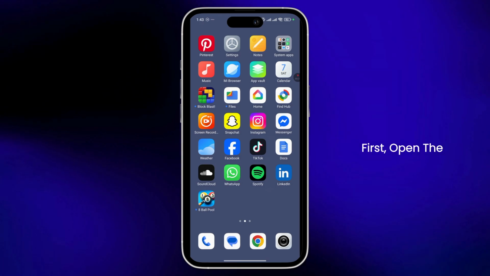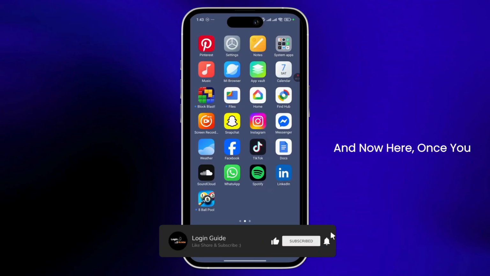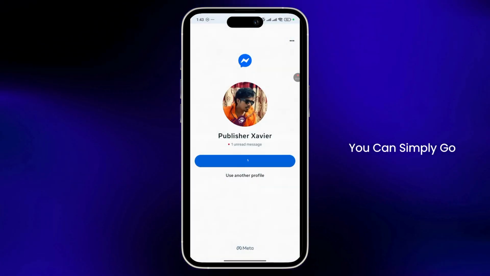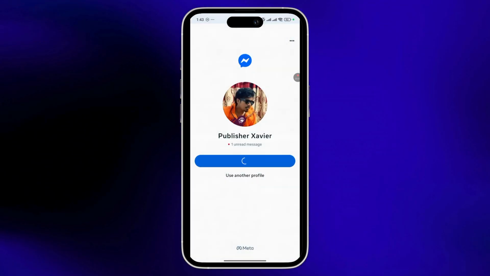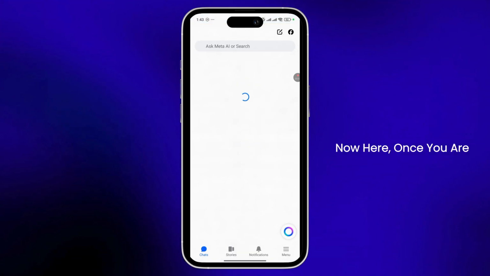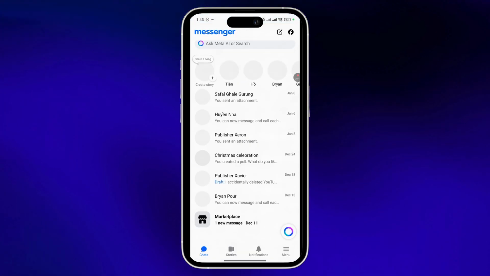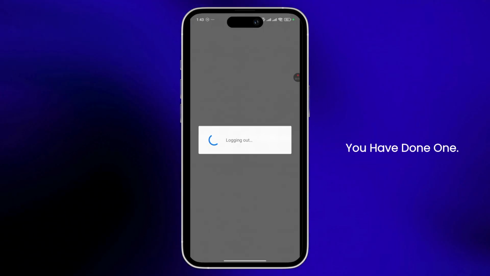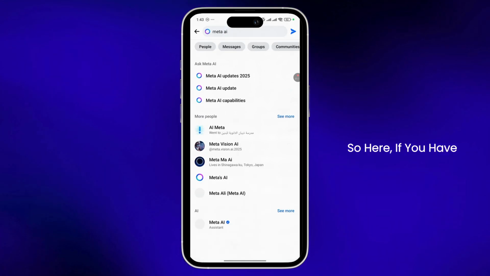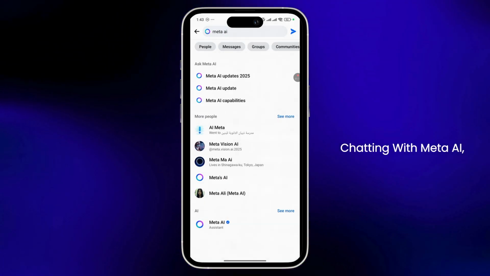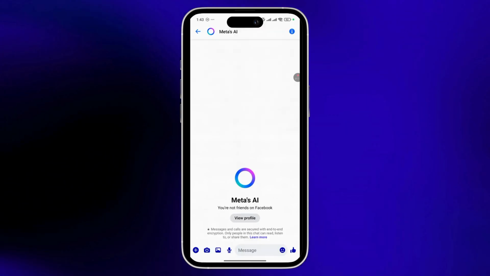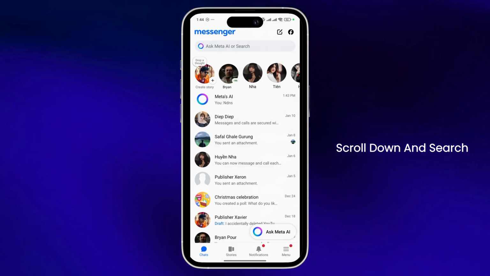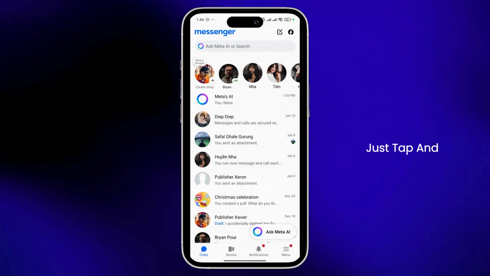First things first, open the Messenger app on your phone. Once you are inside Messenger, you can simply go to the chat list. Once you are inside the chat list, you can look for the chat with Meta AI if you have done one. If you have chatted with Meta AI, then you can simply scroll down and search for Meta AI, and after that you can tap and